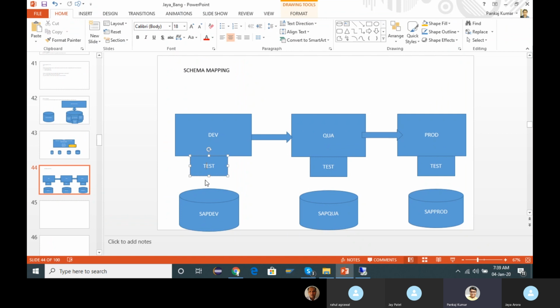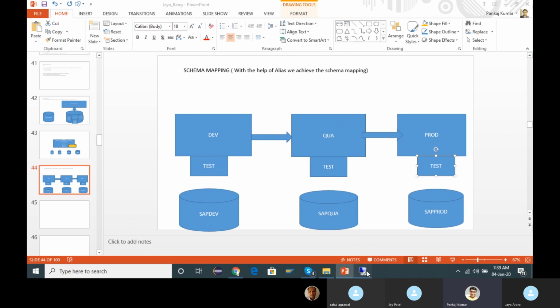For a schema you use this alias test, and with the help of alias we achieve the schema mapping.